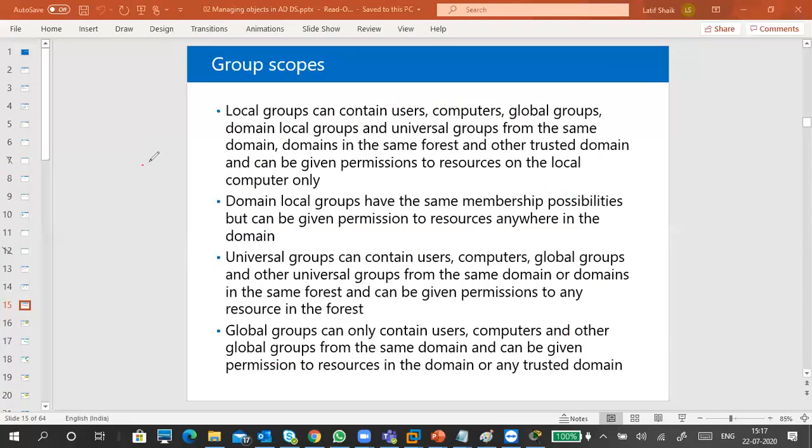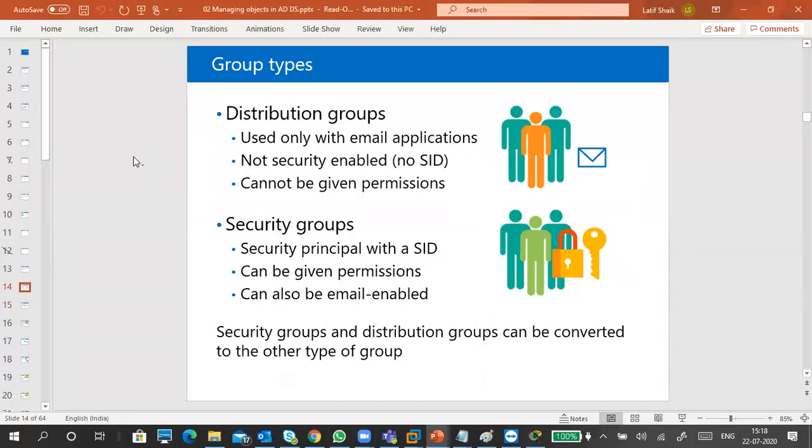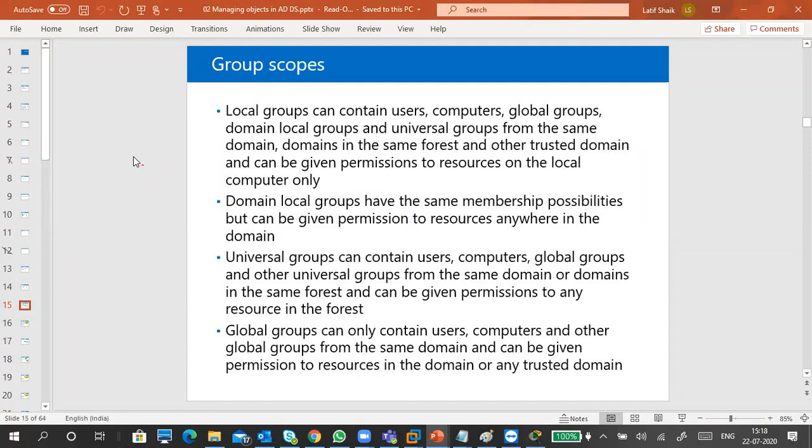Okay, so already I told about this one. Distribution group, and this one is domain local groups, universal group, and global group. Creation is the same. Group types are security, and scope is which one you want to create, global group or like that. But there is some mechanism. I don't have any energy to explain this one.